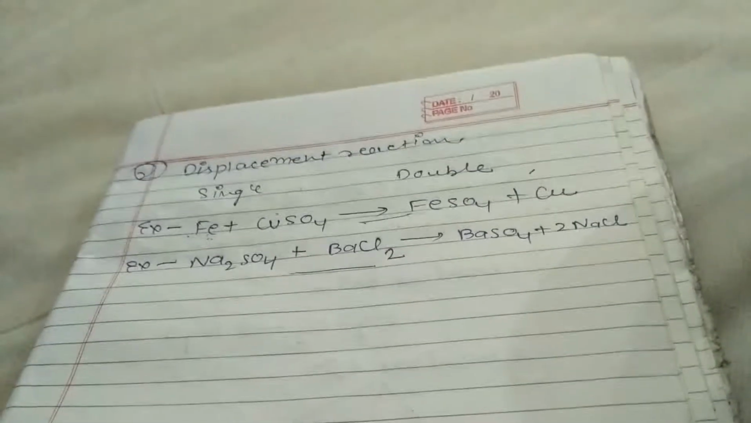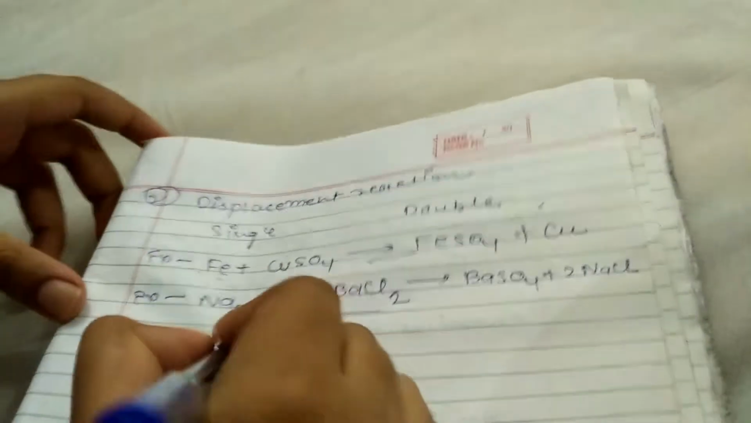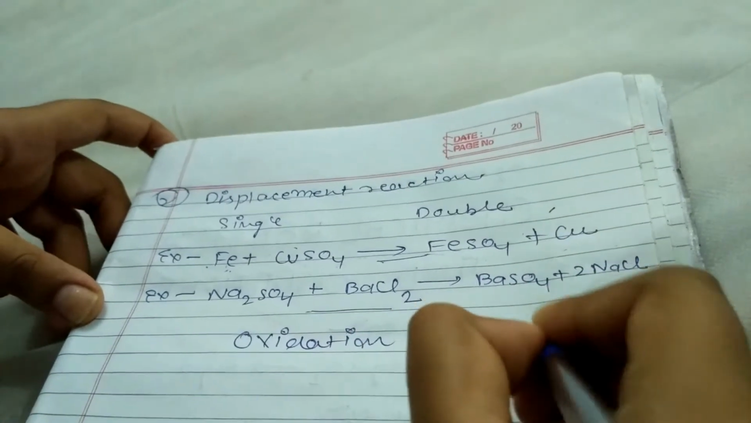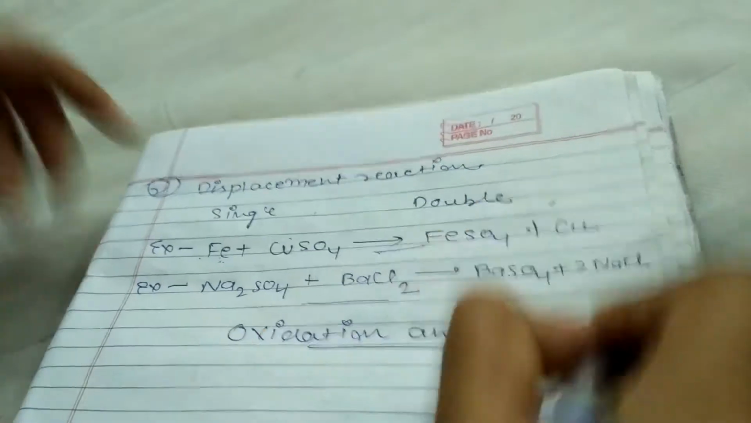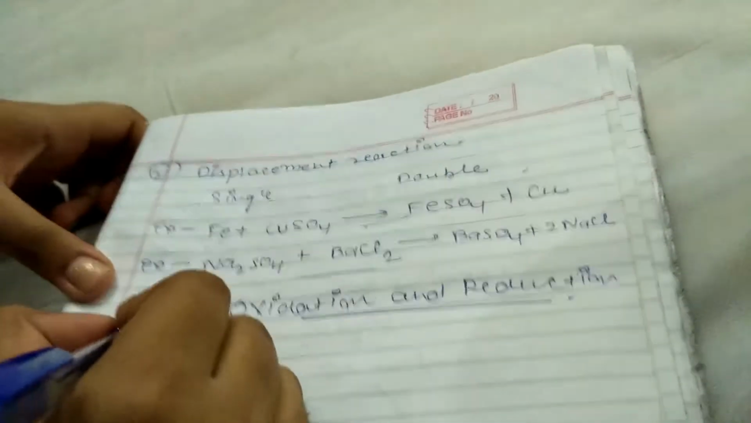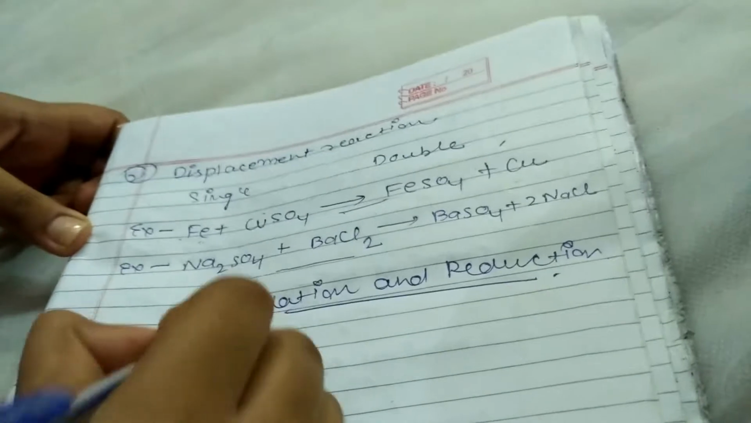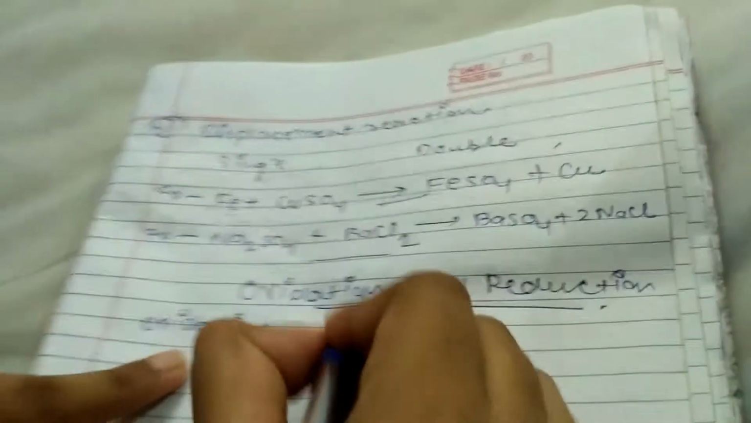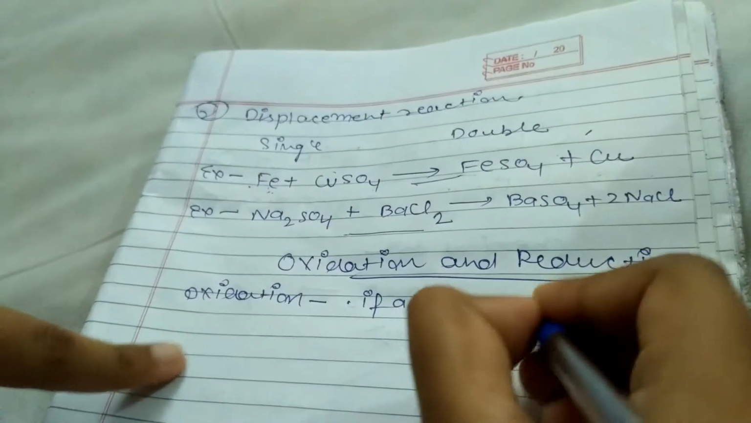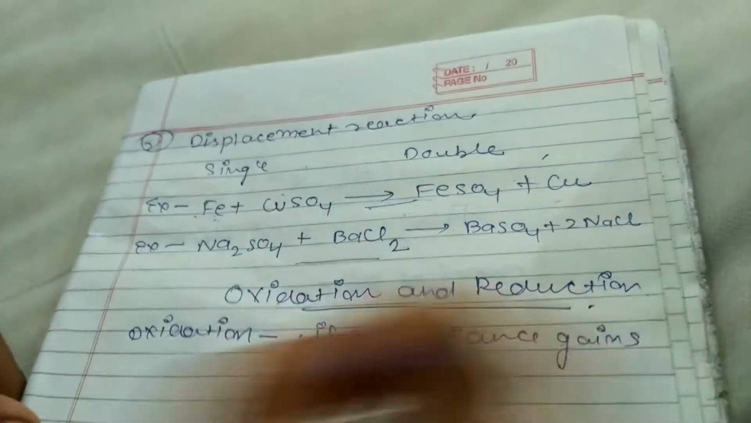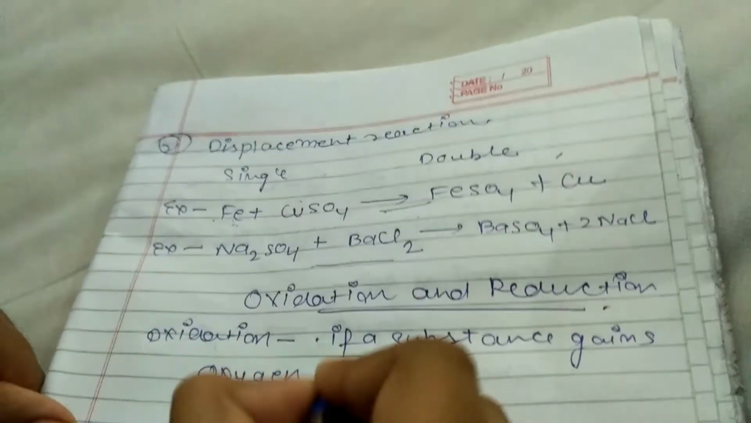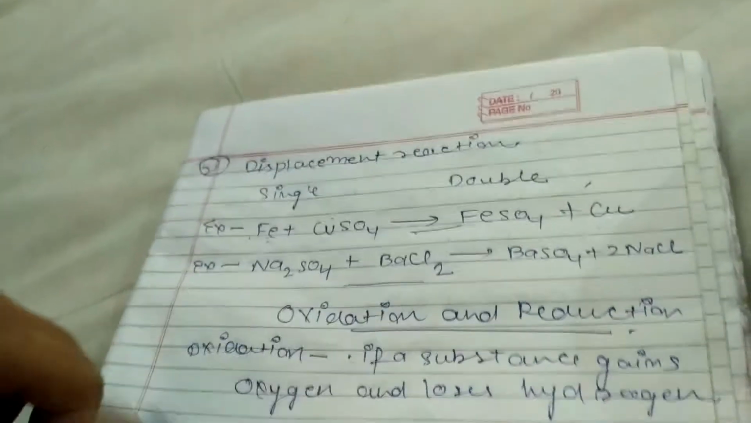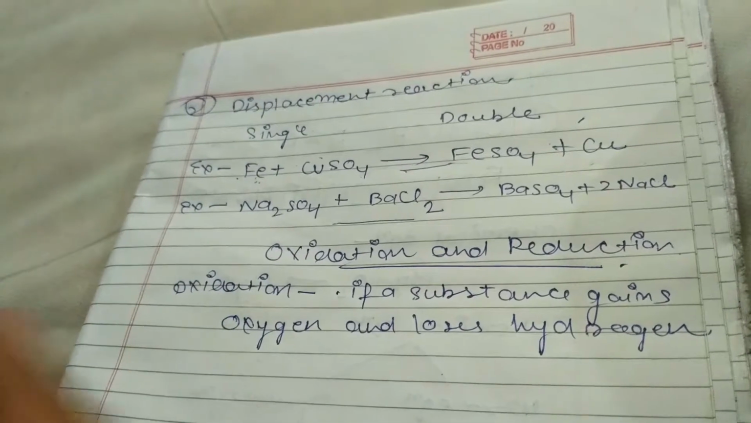Now I will tell you about oxidation and reduction. In an oxidation reaction, we studied that if a substance gains oxygen and loses hydrogen, this is called oxidation. For example,